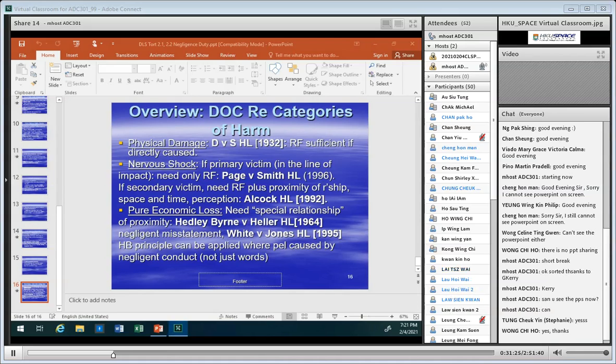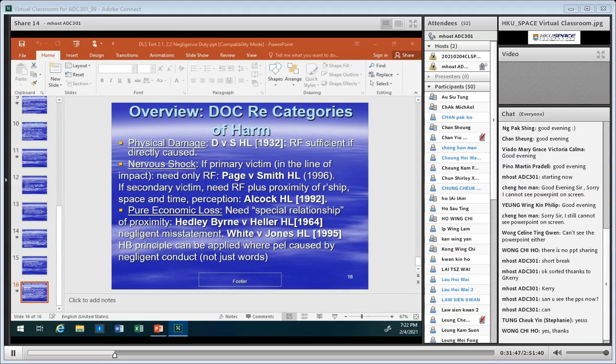So the law changed in England in 1977 when they brought in legislation in the form of the Unfair Contract Terms Act, and Hong Kong followed it in 1990 with the Control of Exemption Clauses Ordinance. Now, with regard to